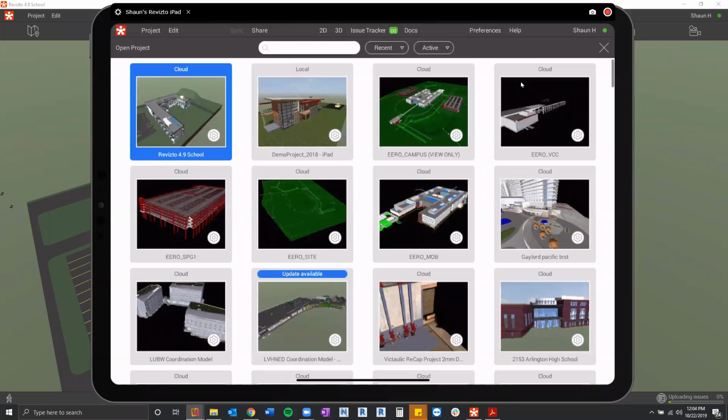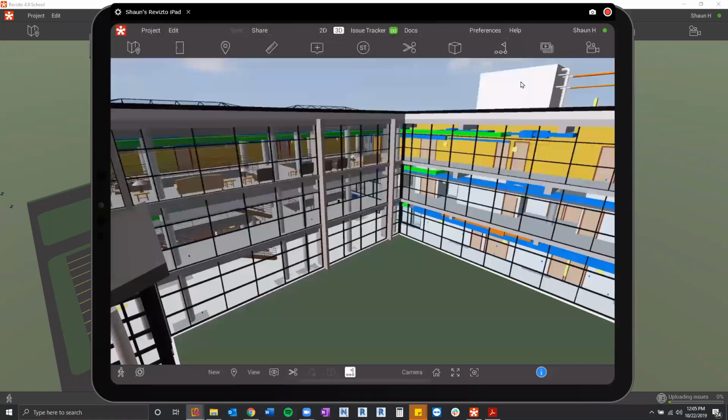Once it's on the device, it's cached, you can use it. You don't have to be connected to that Wi-Fi connection while you walk around, which is really that added benefit of using the iPad app, is not having to rely on Wi-Fi connection as you're walking around. You can still document issues. Once you get back to the trailer or the office, any new issues that you documented will be pushed up to the cloud. Any issues that have been documented outside of you will then be downloaded to